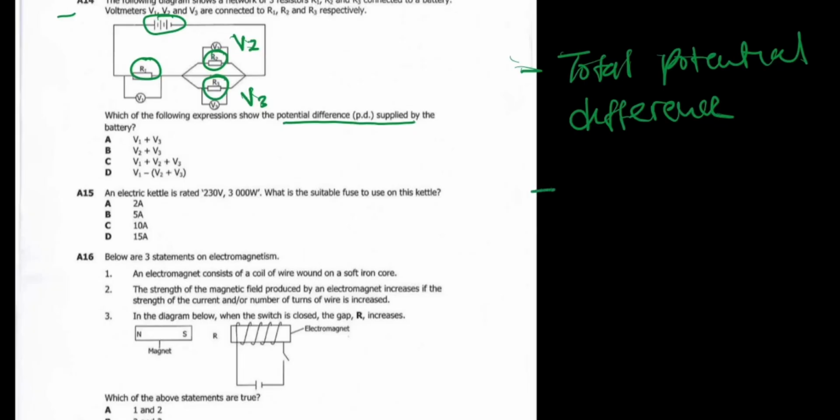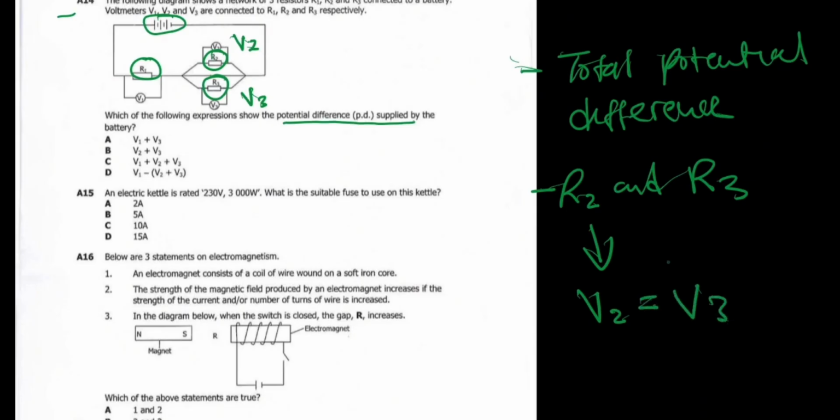In other words, because R2 and R3 are in parallel, then it means that V2 is equal to V3. So as long as the resistors are in parallel, then the potential difference across those two parallel connections is actually